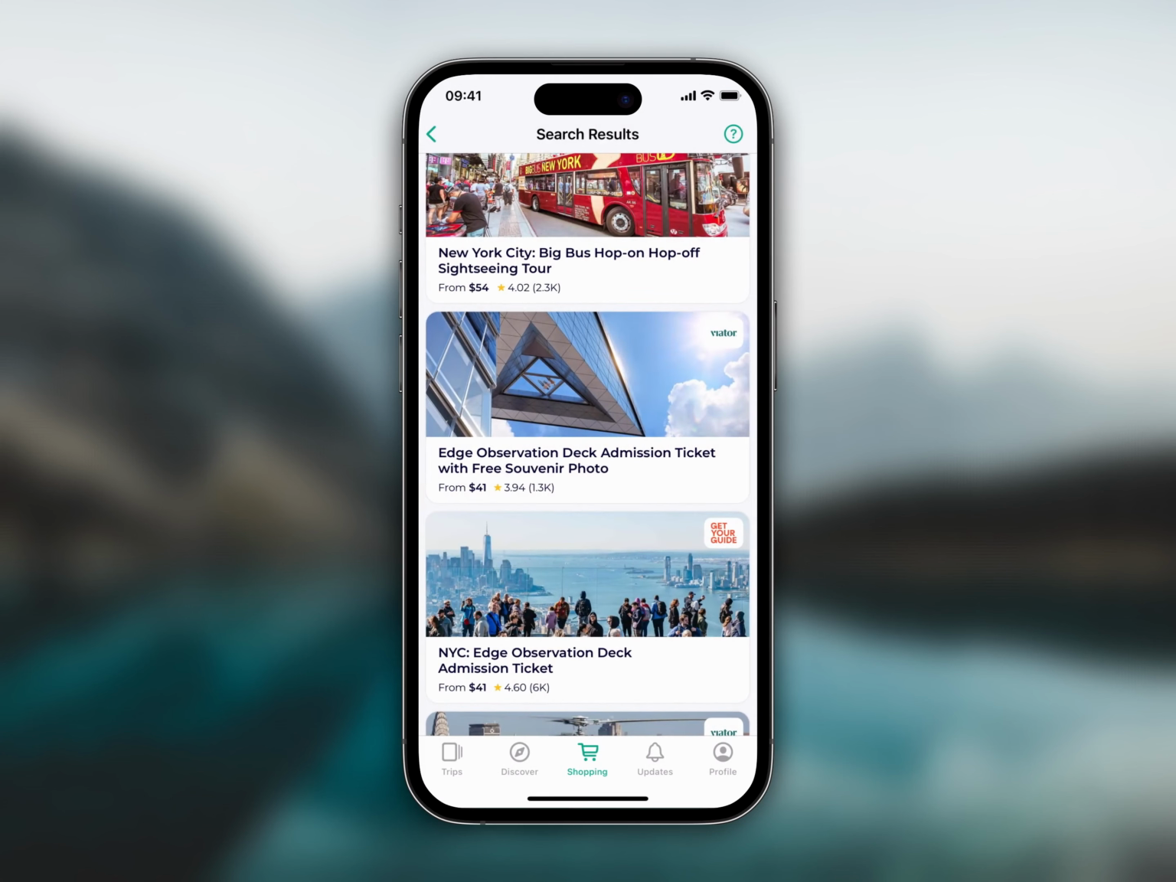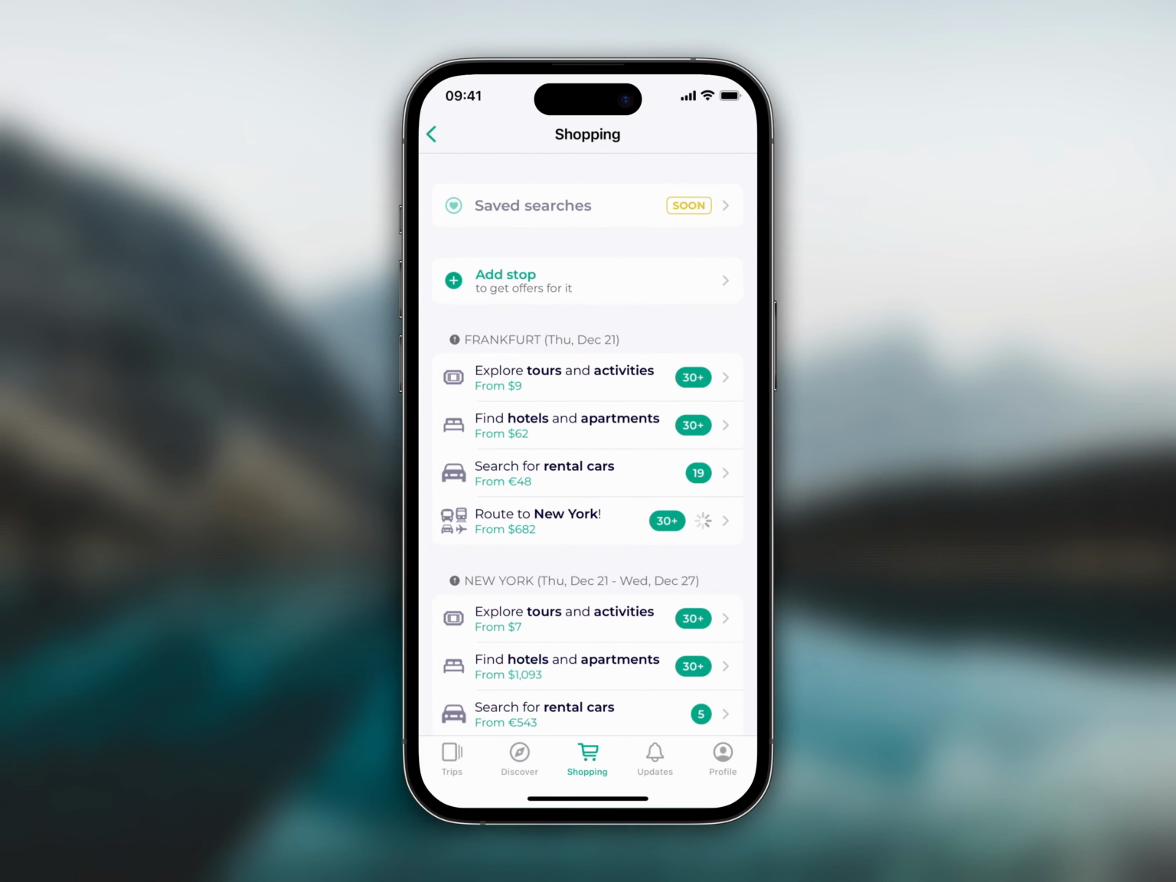But wait, there's more! In this view, you can also find your saved searches or add more stops to get offers for them. With Lambus Booking, you can enhance your travel experience, access the best deals, and book with confidence,